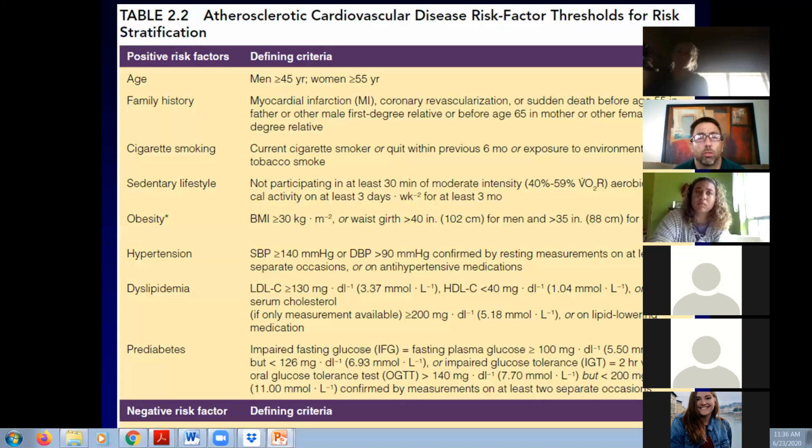You guys can flash me sort of a thumbs up or something here. How many of you right now today, if I ask you to fill out this questionnaire, know what your cholesterol levels are? If you know it, give me a thumbs up. Okay? So none of you know, okay. Nobody knows their cholesterol levels. I don't know my cholesterol levels either. The last time they were checked was like 7 years ago, and they were good, but who knows? Okay? How many of you know your fasting glucose levels or your glucose tolerance test results from within the last 6 months? Anybody?